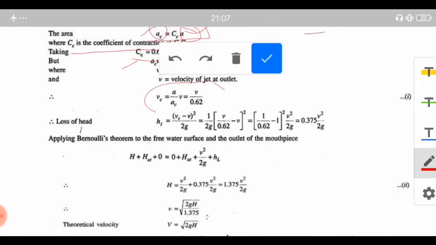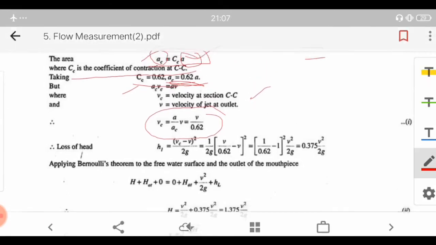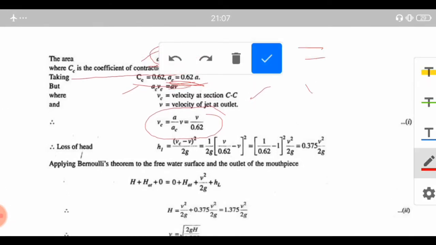Therefore Vc is equal to A upon AC times V, because from here you can straight away write it. AC is equal to 0.62 A, and therefore this A in both numerator and denominator will get cancelled, and we will be remaining with Vc is equal to V upon 0.62. Next, the loss of head will be obtained by (Vc minus V)